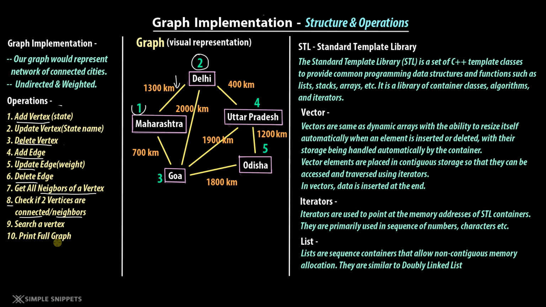And lastly, we also want to print the full graph. We want to print the graph on a command prompt because we are going to write a C++ program and execute it, and the execution output is shown in a command prompt. So we want to see the different vertices, that is the different states, and its connected vertices, which are the edges, meaning which other states a particular state is connected to. That will be shown in print full graph. So you can see there are 10 functions and probably there will be more as we progress. This is just the list of the basic operations and there's quite a lot to cover. We will cover them one by one in further videos as well. Right now we just need to understand our approach and the implementation.